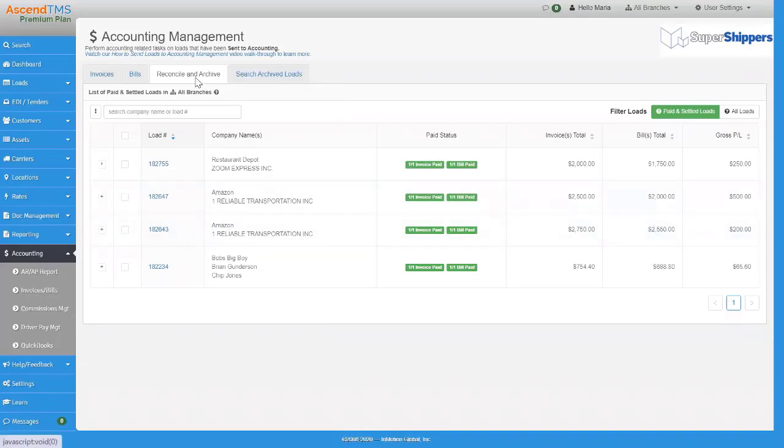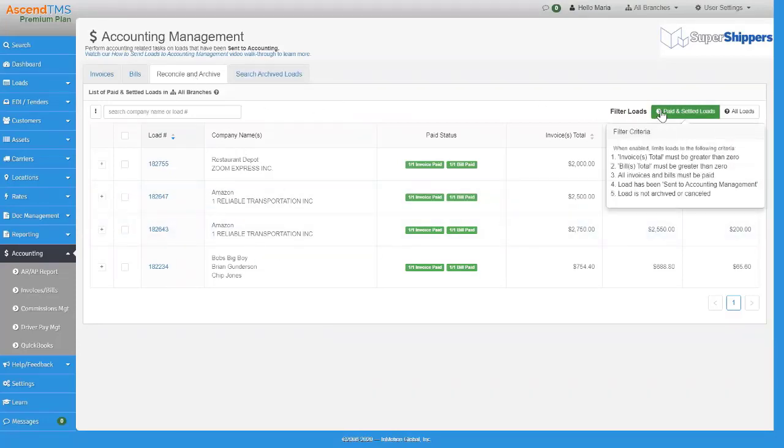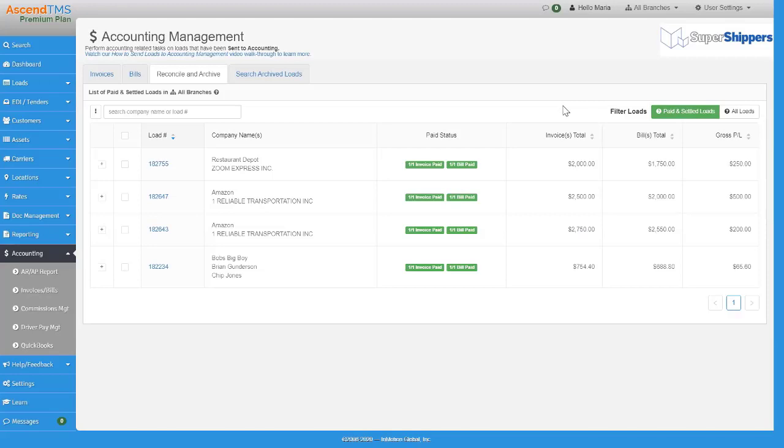So this tab is designed to always default to paid and settled because that's what we recommend. Now, I know there's a lot of users that won't mark certain things in their Ascend, whether it's because they export it to QuickBooks and do it from there or some other reason.